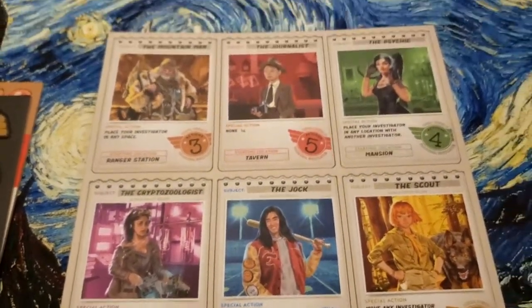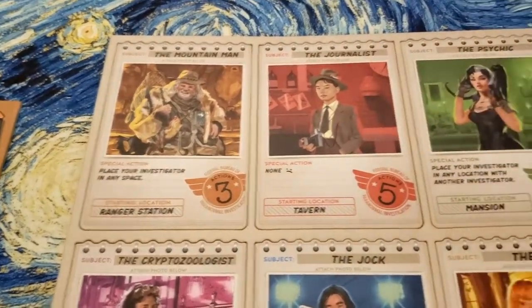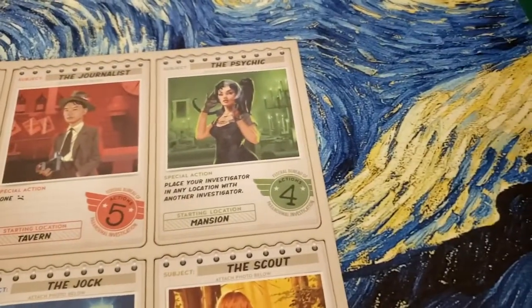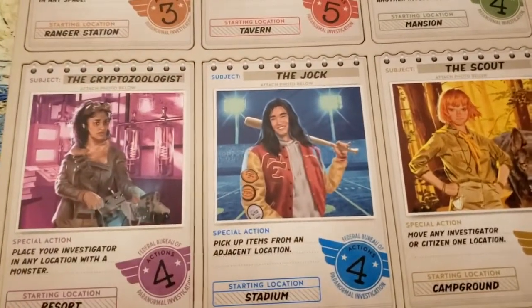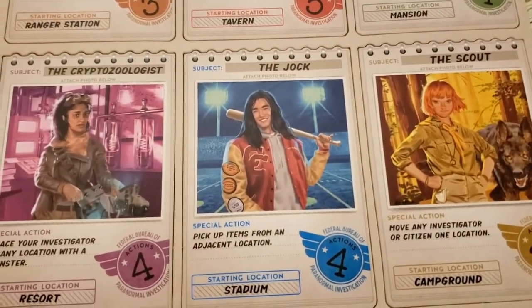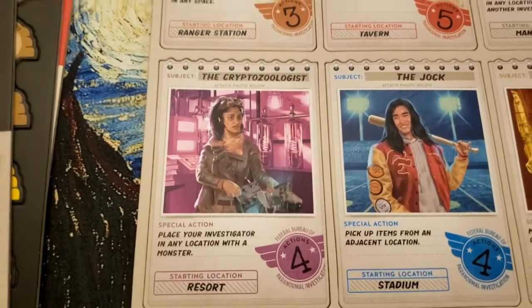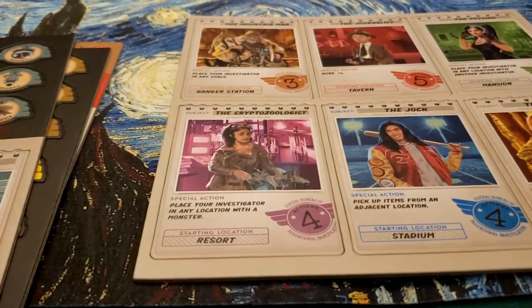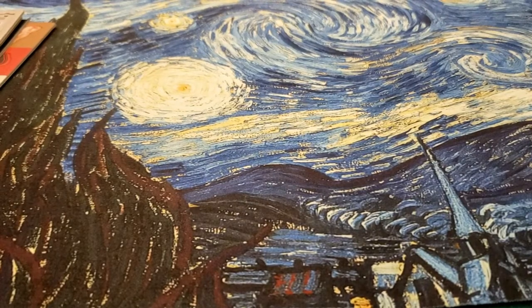And then the final board has the remainder of our heroes. So that should cover all of our little cardboard tokens. Next up, we are going to take a look at...